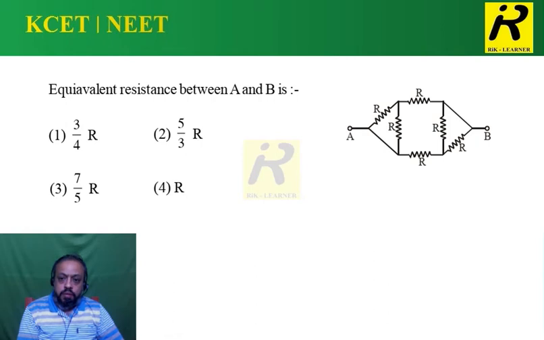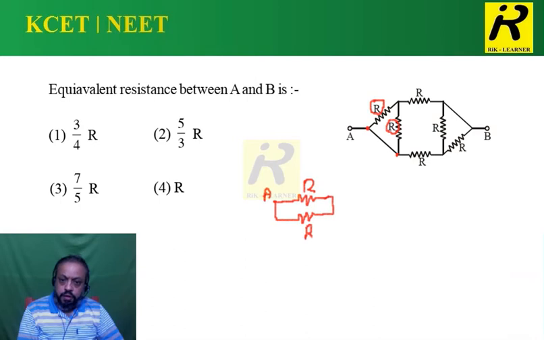Look at the 2 points. One is this one and another one is this one. These 2 points are at the same potential as A. That means I can rewrite the same picture like this, so I call this A, and at this point we are having 3 resistors. One is R, which is here, another one is this R, and this R is connected in parallel with the first R. That means like this.